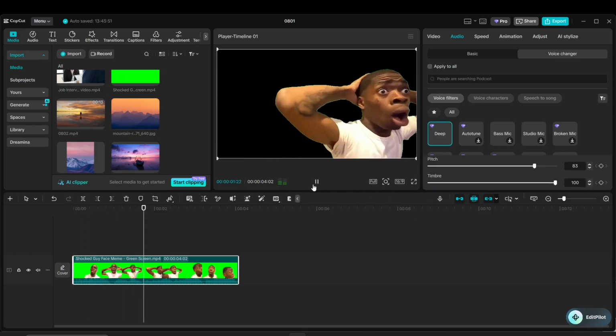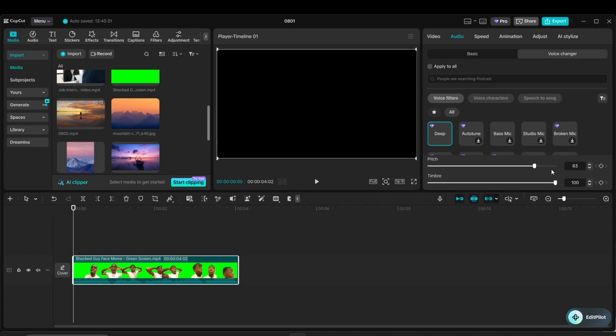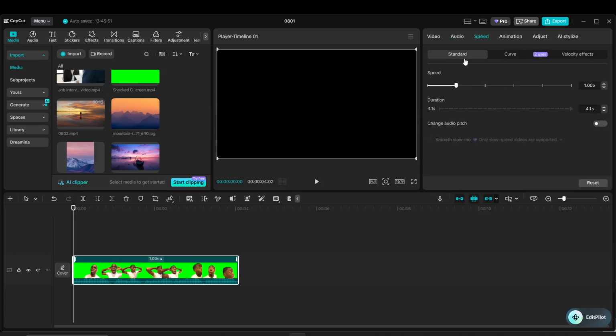Now let's look at the second method, which gives you more manual control over the pitch shift. Select your clip on the timeline again, then go to the Speed tab in the top right panel. Here you'll see an option called Keep Pitch. Uncheck that box. This step is important because if Keep Pitch stays enabled, changing the speed will not change the